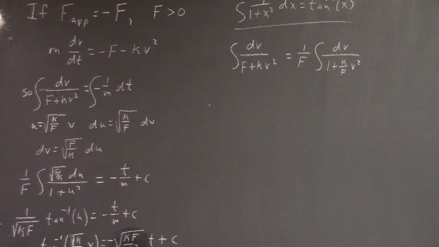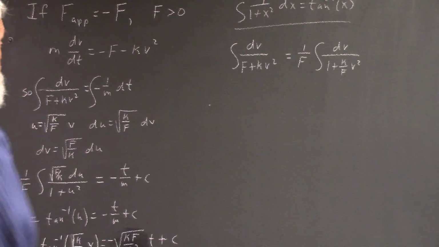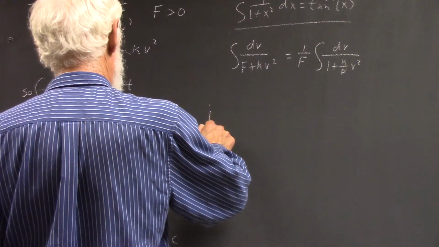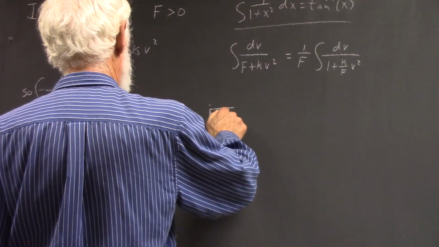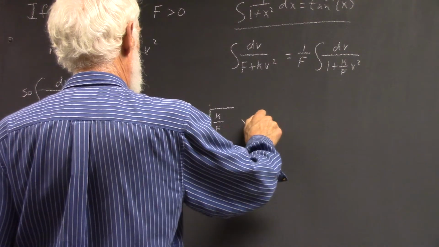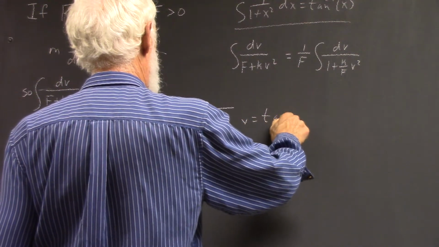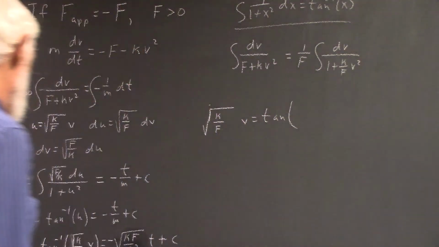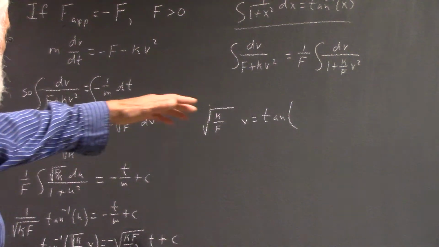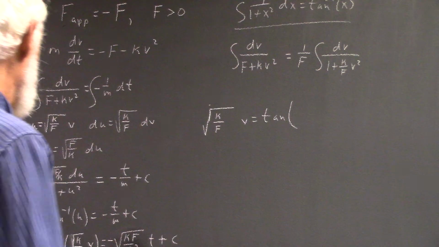So you have this, right? So that square root of kappa over f v is a tangent of